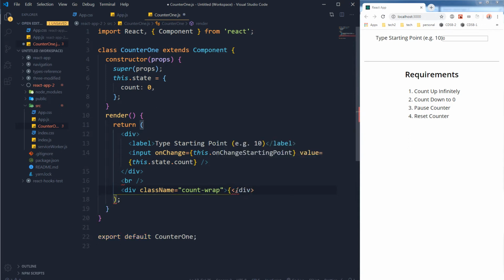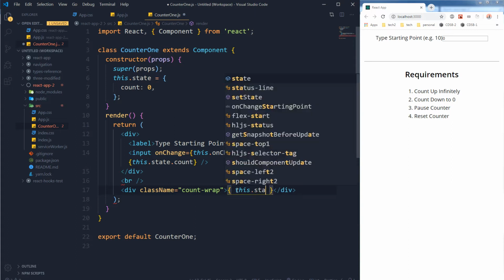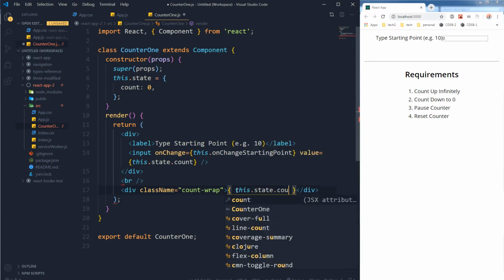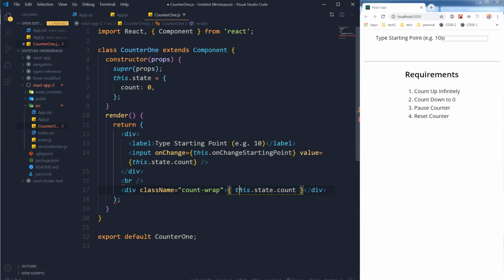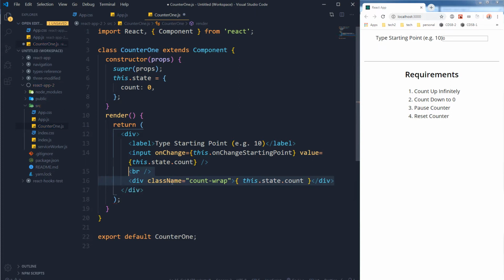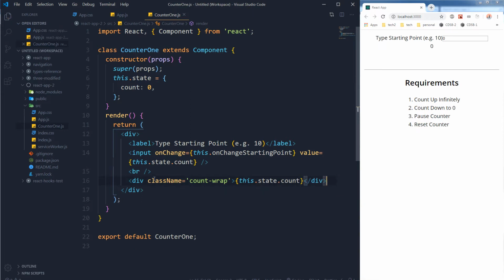Here I will use an expression to display the counter value, this dot state dot count. So I am using this here everywhere because this is a class based component. Okay, so I will need to move these here. So our input and the counter value, I will need buttons below this,